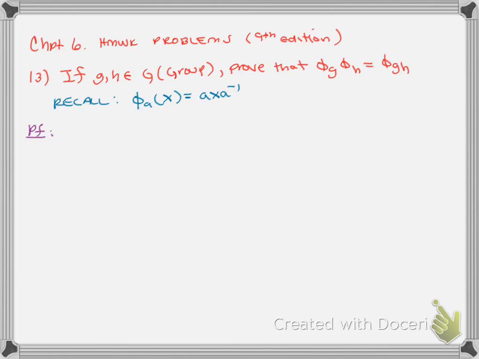Okay. All right, so this is from chapter 6, the ninth edition. You might have a different edition, so check. It might not be number 13, but you should have this problem in your book. And the first thing I'm going to do, this is an if-then proof, right? So we're going to suppose g and h belong to G, which we know we're referring to a group here. And we want to show that phi_g composed with phi_h